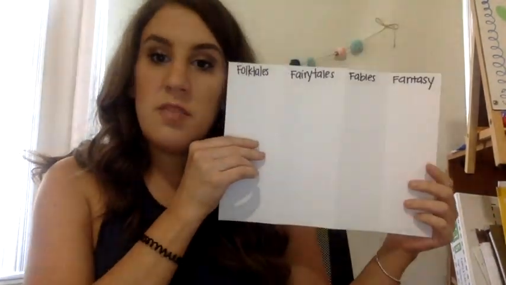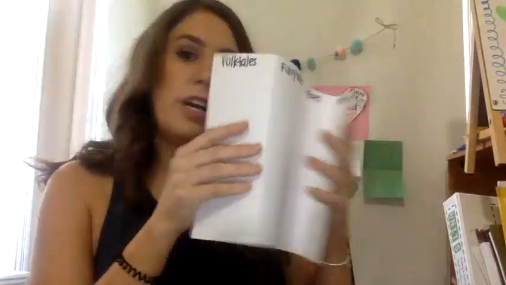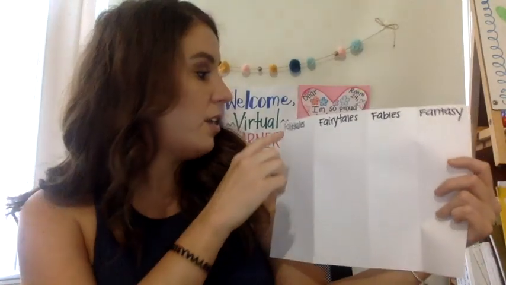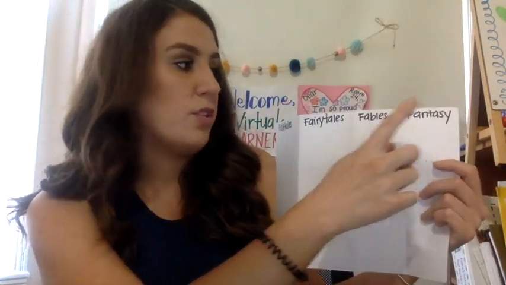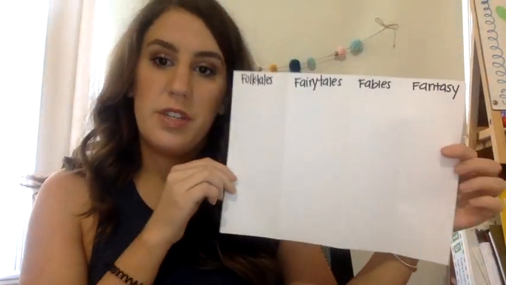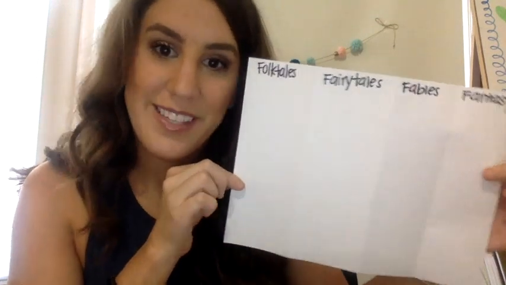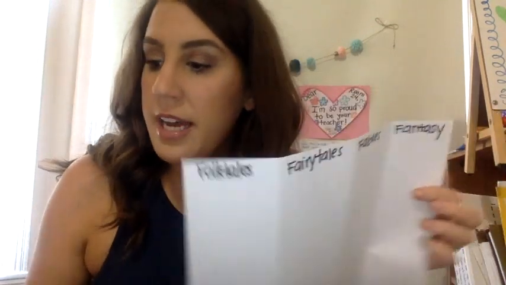If you're going to work on a tablet or a computer, you're going to do it a little bit differently. So what you would need is a piece of paper. I split this paper into 4. I just folded it. And I titled it Folk Tales, Fairy Tales, Fables, and Fantasy. So those are the different types of books that we've learned about in this unit. So instead of putting Post-it notes, I would write the titles right onto this paper.